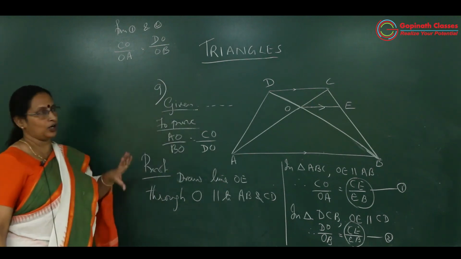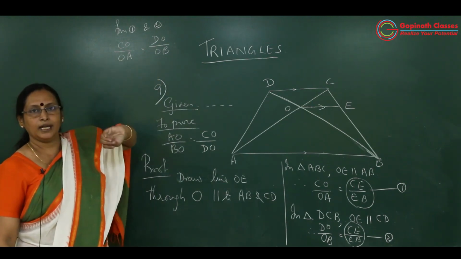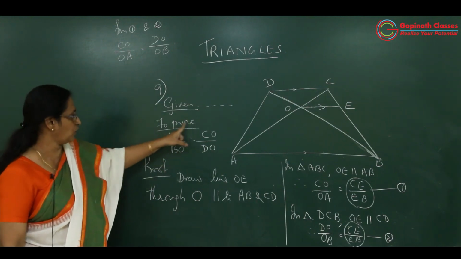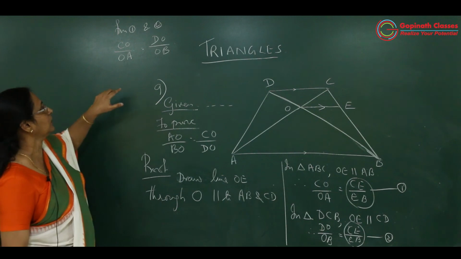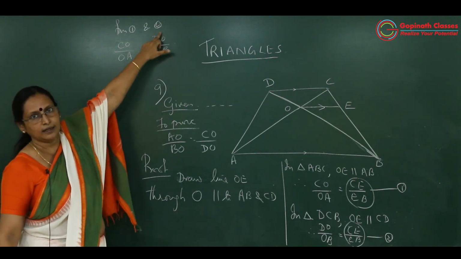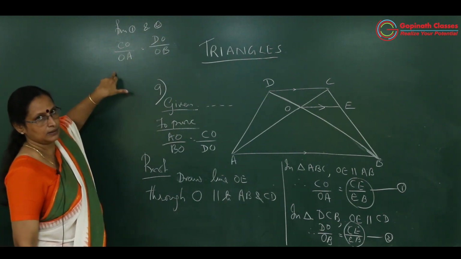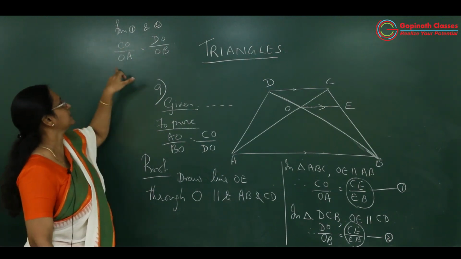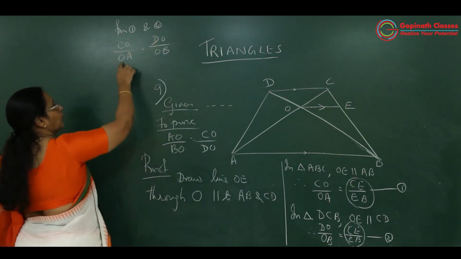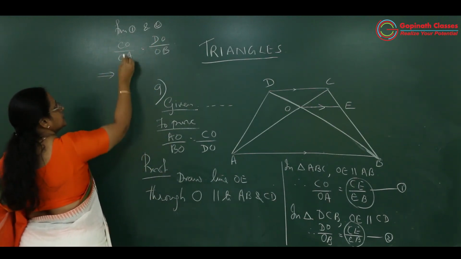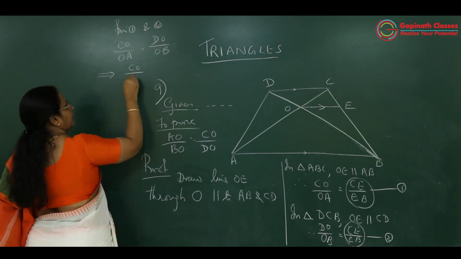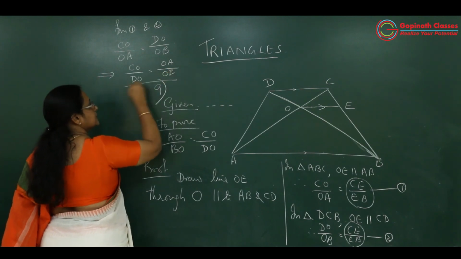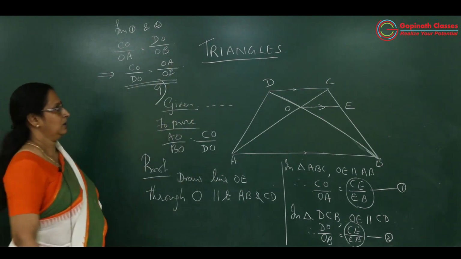See, what we want we got, but we just have to do a very logical rule of ratio. Look, we want to prove AO by BO. So what can I do? OA I can bring it here and DO I can bring it here. I can do it because the cross product should be equal. CO into OB is equal to OA into OD. So OA will go there. That implies you can write CO upon DO, I am bringing down, is equal to OA upon OB. This is a ratio rule. You can easily do it.